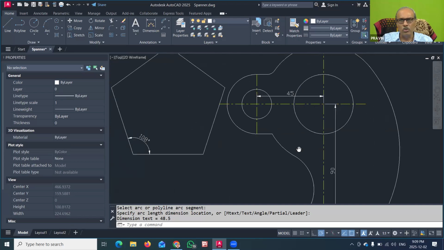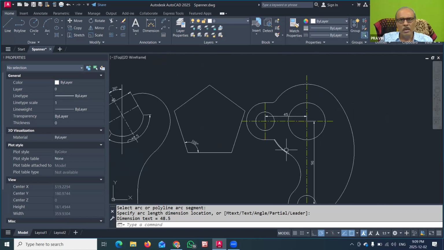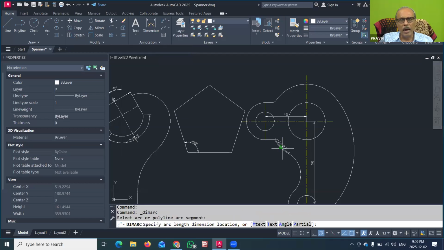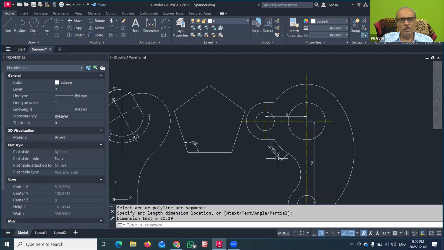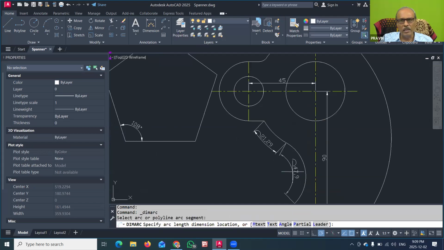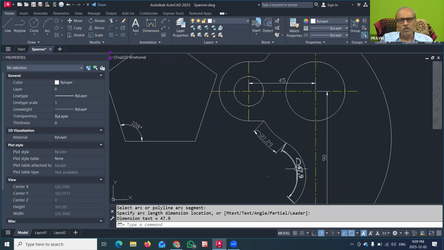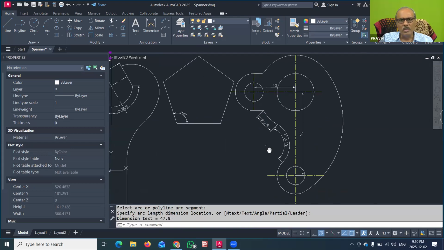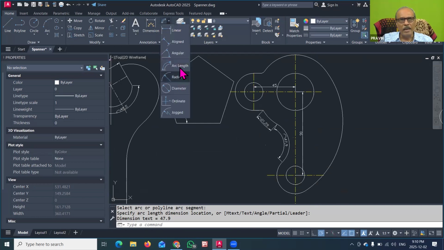In this drawing also, we can show the various arc dimensions. So we can go to arc length, and now you can choose that arc and click outside. So that much arc length was shown. You can go to arc length, click on that arc and show the arc length here. This is a very useful command in such types of objects where the freehand drawing was there, and there you have to show the length along the arc direction. In such a case you can use this arc length.